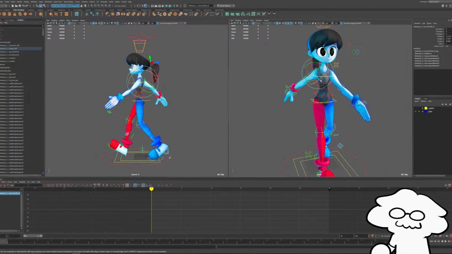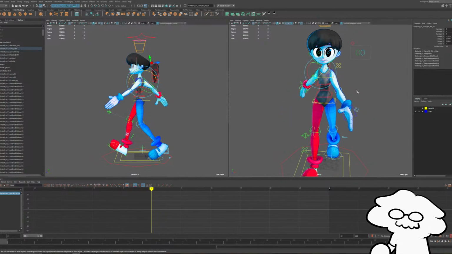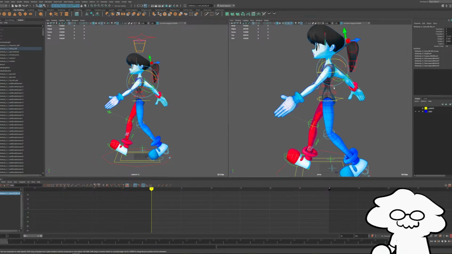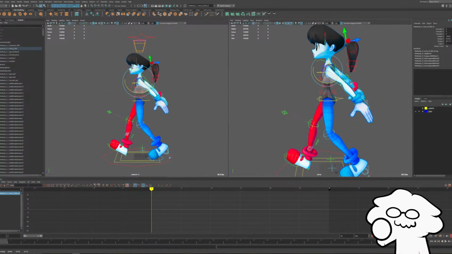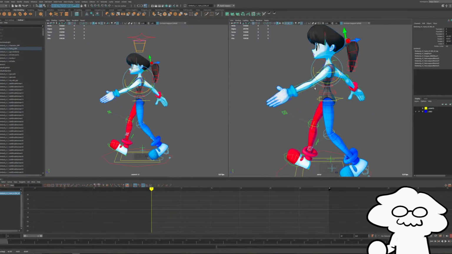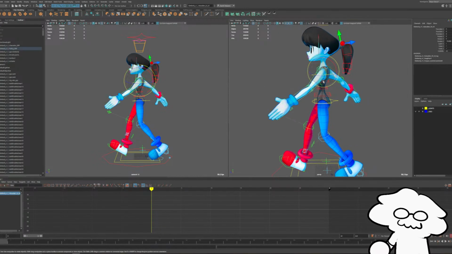So the way the rig is set up is her arm swings are going to be a little weird for a bit. Ideally, the rig that you're using, the FK arms are set up a little more cleanly so that it creates a more consistent normal swing. But the way I set this up is just the way it is. So it's just something I gotta deal with.